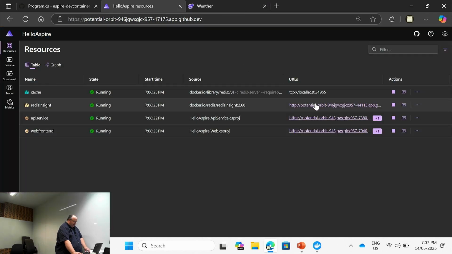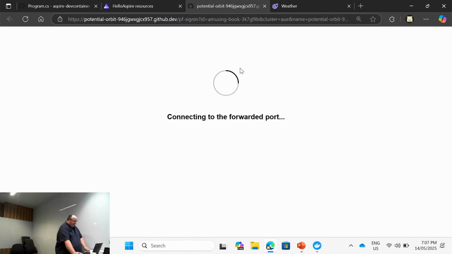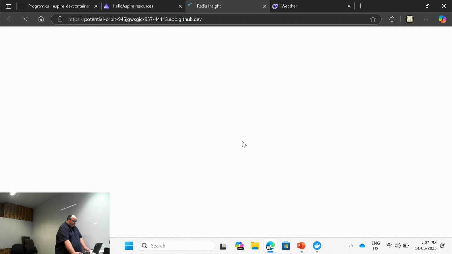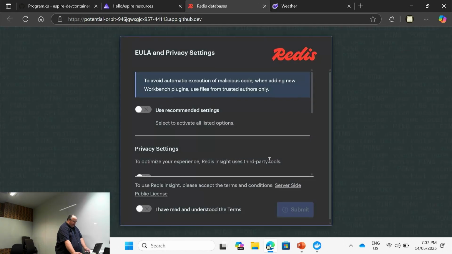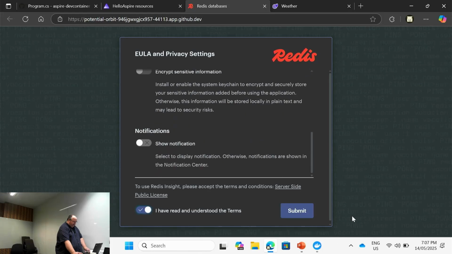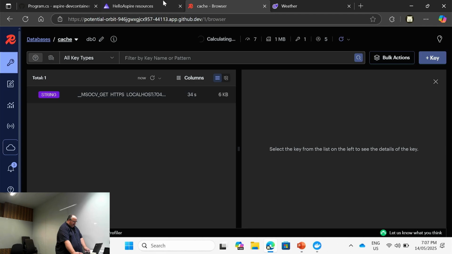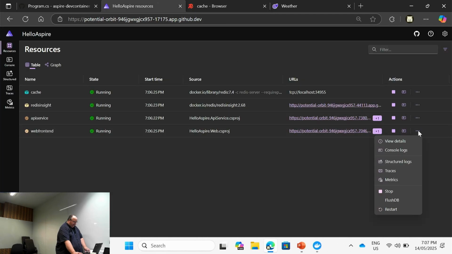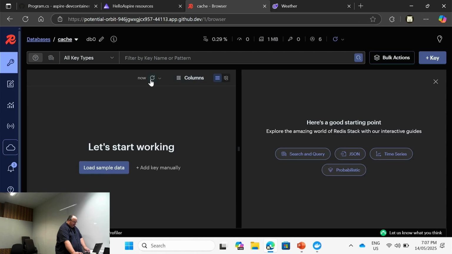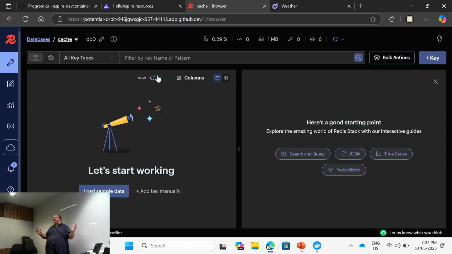I'm going to go to Redis Insight. Okay, there's my entry. I'm going to come back here and say flush. Come back here, refresh. It's gone. All right. So the idea is that with Aspire, we're kind of creating this pane of developer